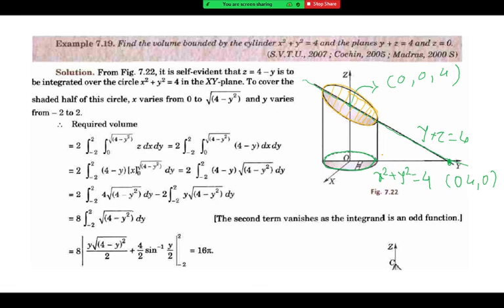So you will observe the upper height of that cylinder is not constant, it is different, and because of that we get the answer as 16 pi only. Again, in the book they did it in the Cartesian domain. That is okay. If you are happy, you can do the calculation in the Cartesian domain only. If you want, you can do the calculation in the polar domain. Either way, your answer will come the same. Got it? Any doubt?